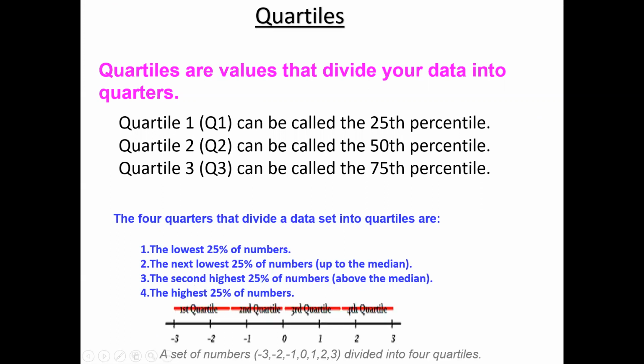For example, these are the values -3, -2, -1, 0, 1, 2, 3. If you put them on a scale, it's -3, -2, -1, 0, 1, 2, 3. Here you will see these are in the first quartile. If we divide it into four parts, this is the first part, the first quartile, this is the second quartile, third quartile, and fourth quartile. So this set of numbers is divided into four quartiles. Why we are studying all these quartiles, I will explain. After 5 to 10 minutes, you will realize why these quartiles are necessary. Now let's analyze more.